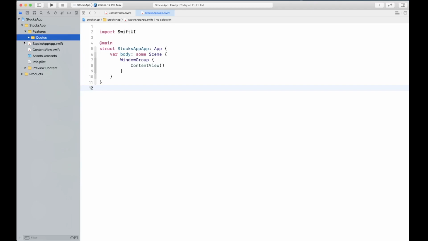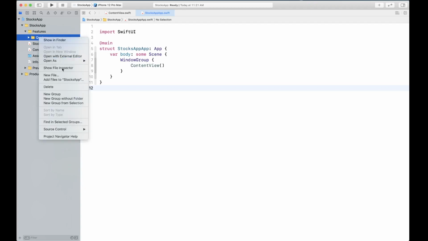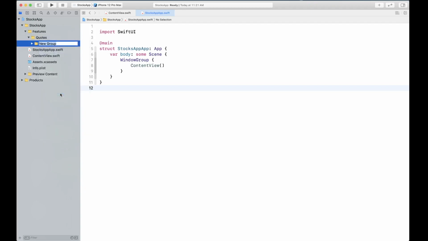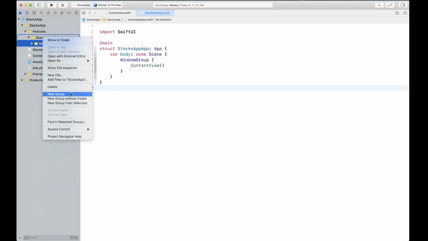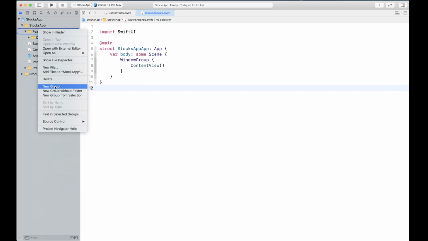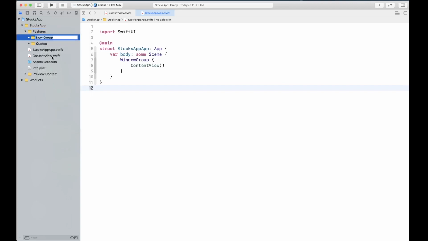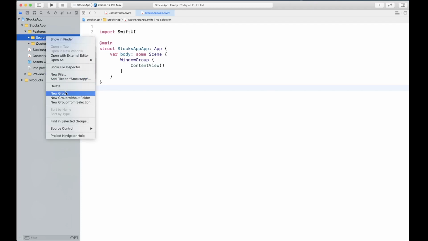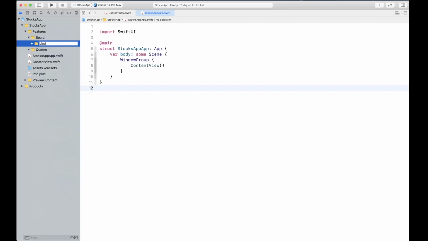So this is our daily quotes, and inside this Quotes, we're going to have Models and Views. Okay, and we're going to follow a similar structure. So we're going to need one for Search, and Search is going to have its own Models and Views.